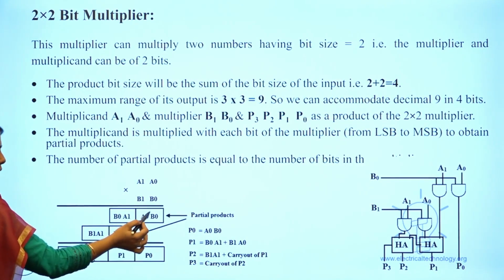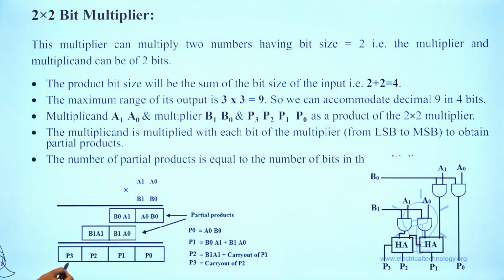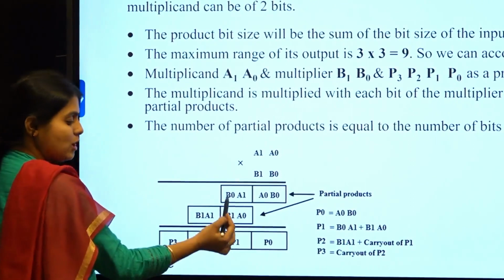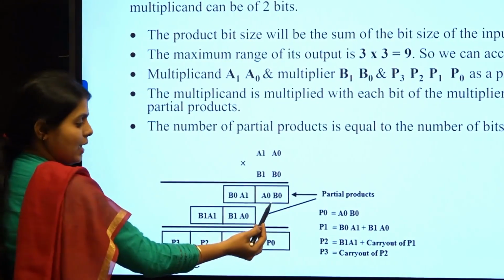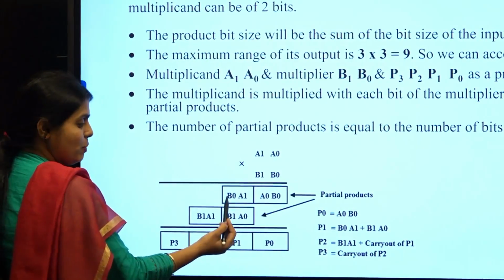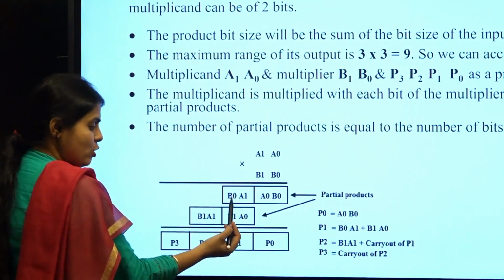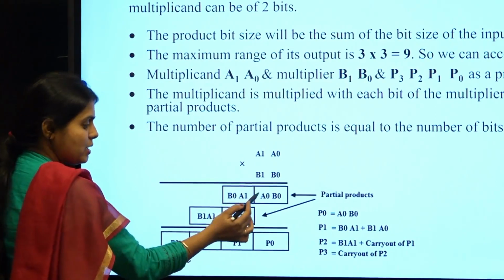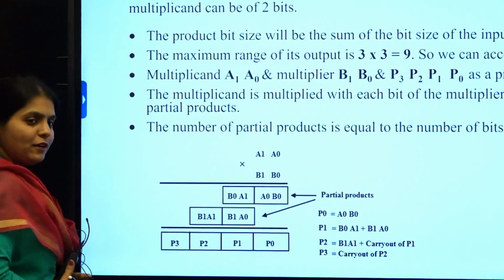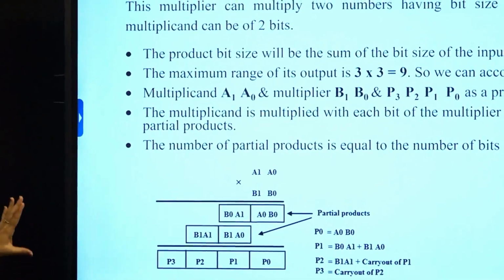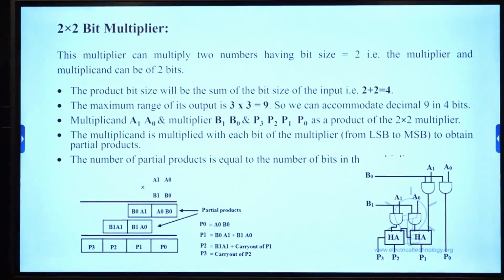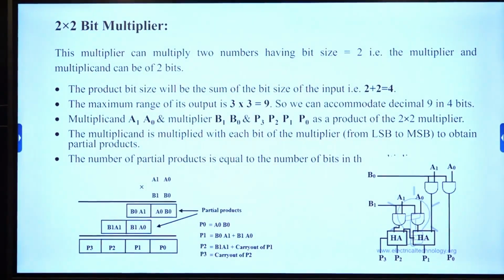So this is called partial products. All these are called partial products. Now what do we do? We add all the partial products together. So here A0 B0 would be the final product P0. P1 would be A1 B0 plus A0 B1. These are called partial products. Adding the partial products, I'll get the complete, full product. Now, for designing the binary multiplier, let us take an example of a 2 by 2 binary multiplier